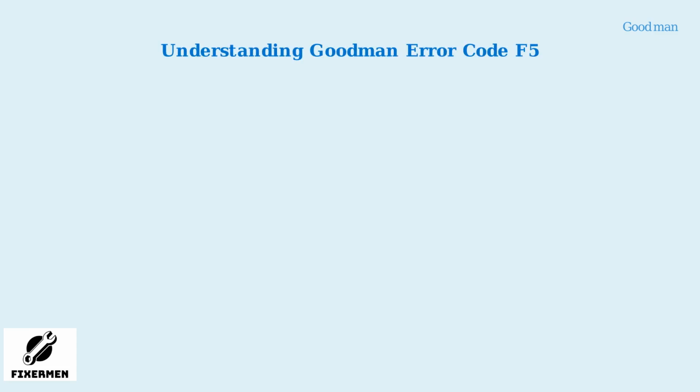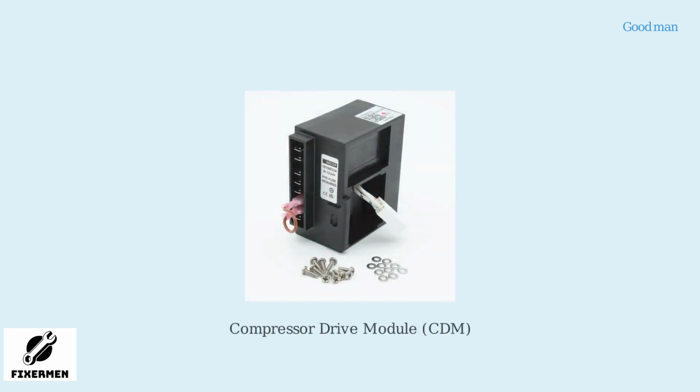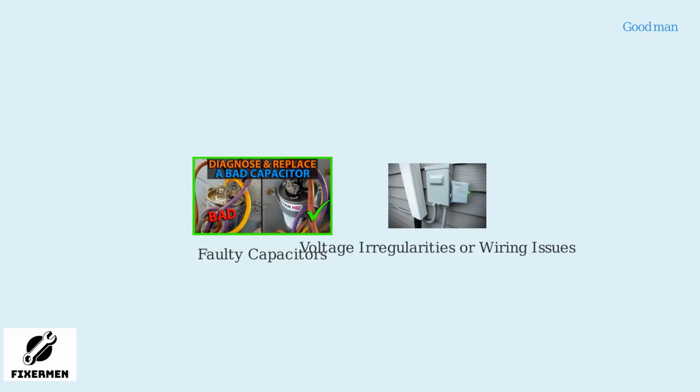Goodman Error Code F5 indicates a problem with the Compressor Drive Module, which is a critical component in your HVAC system. The CDM controls the compressor's electrical supply. The compressor is essential for cooling your home, and the CDM ensures stable voltage, typically 208 to 230 volts, while protecting against electrical surges. Error F5 commonly arises from voltage irregularities, faulty capacitors, or wiring issues that disrupt the compressor's